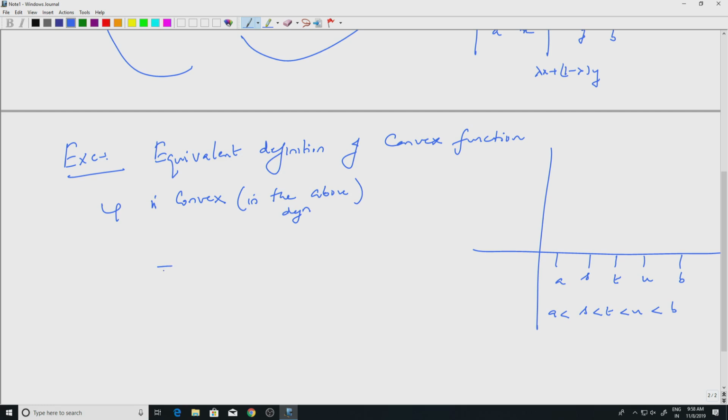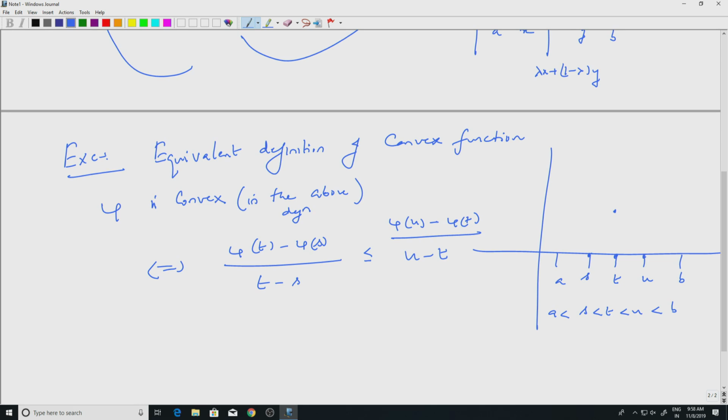if and only if phi satisfies the inequality: phi t minus phi of s, so I am taking t and s and u, right. I am looking at the image of phi t and the image of phi s, and you are looking at phi t minus phi s by t minus s. This is what you form for making the derivative. This is less than or equal to, on the other side, phi u minus phi t by u minus t. So, this is the same as saying phi is convex.